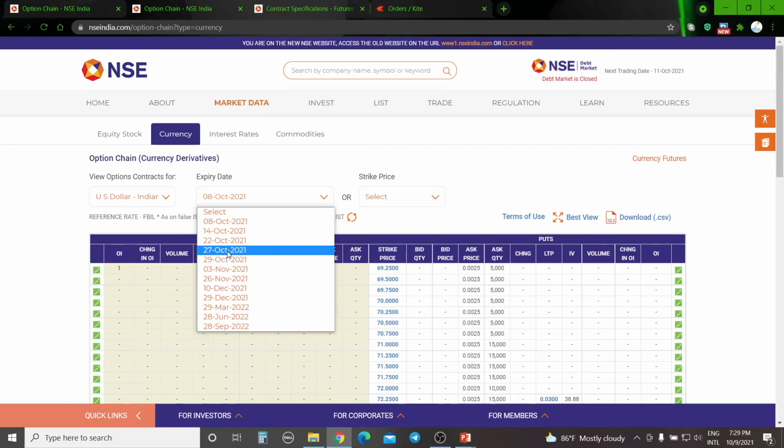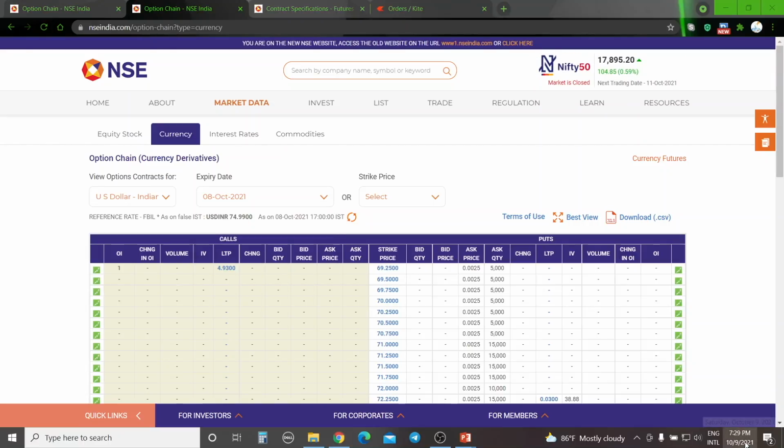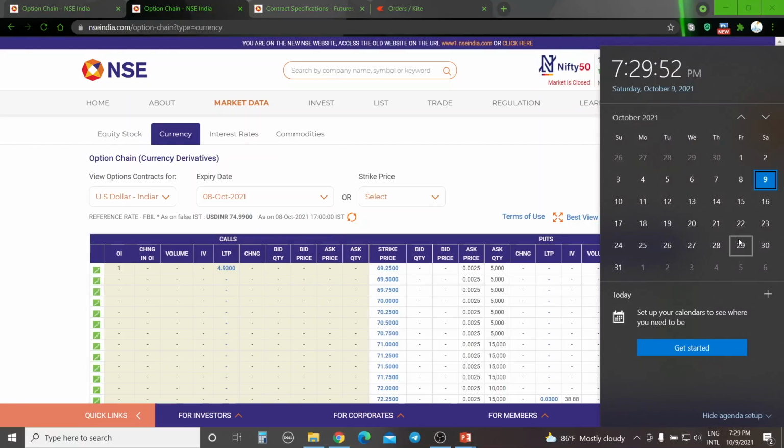Okay. You can see what I told. 27th of October we have the monthly expiry. 29th of October we have weekly expiry. What I explained here, 29th has a weekly expiry. 2 working days before that will be the monthly expiry. That happens on Wednesday. Bit tricky, not like the equity market. In the equity market we have one expiry, very clear. Weekly, monthly, everything will be on Thursday. But currencies, it is a bit different.